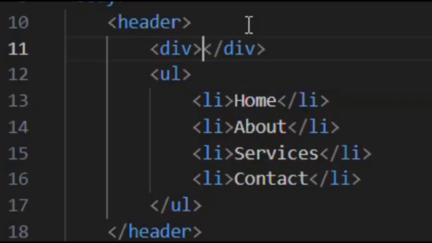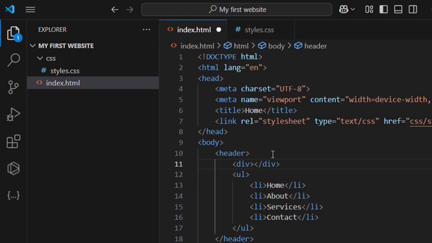But before that, in order to do that, we have to create a div tag. So what is div tag? Basically, a div tag is a HTML content element used to group and organize content for styling and layout purposes. And it doesn't really have any built-in meaning or style, but it's commonly used to structure sections of a web page. So let's go to the index.html file, and below the opening tag of header, let's create a div tag